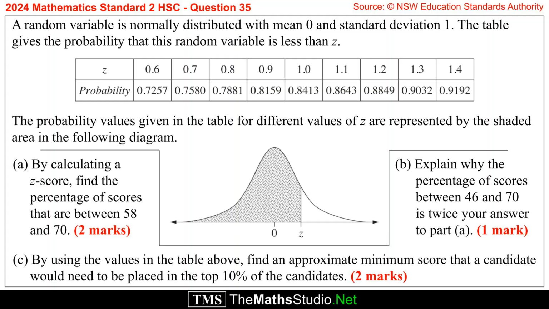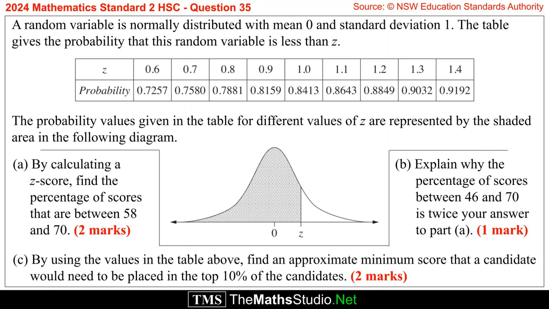Question 35. A random variable is normally distributed with mean 0 and standard deviation 1. The table gives the probability that this random variable is less than z. The probability values given in the table for different values of z are represented by the shaded area in the following diagram. The scores in a university examination with a large number of candidates are normally distributed with mean 58